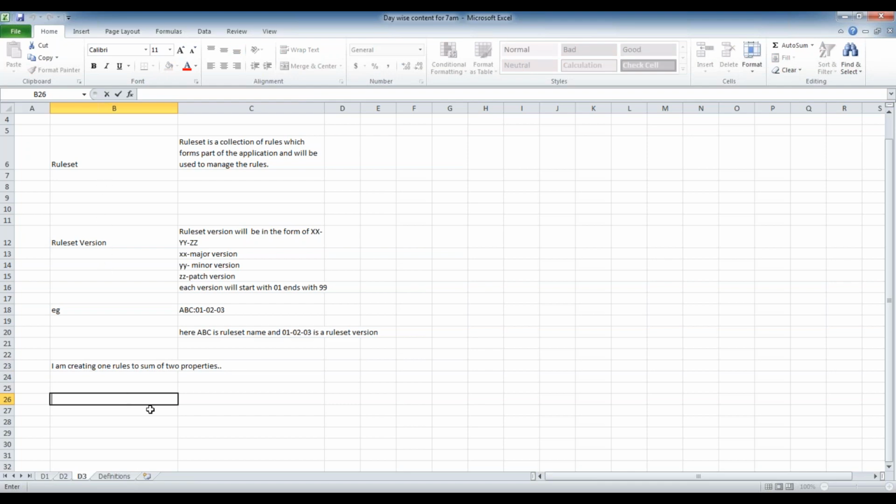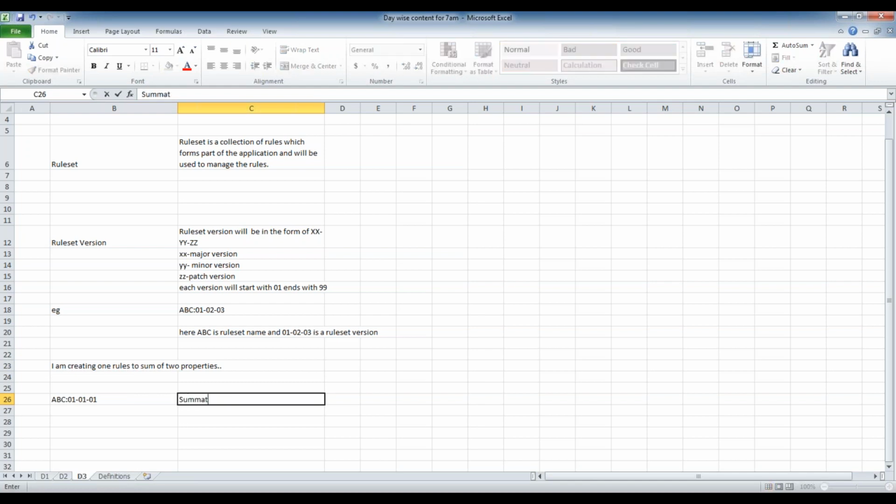Let's say my rule set is ABC. Initially I stored the rules in 01-01-01, because everyone will start with 01-01-01. I wrote one logic in one rule, and I stored that rule in this rule set.